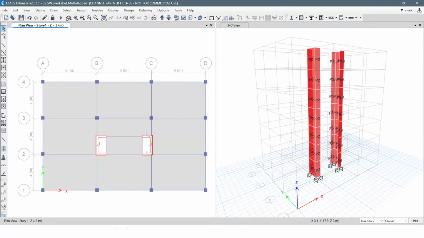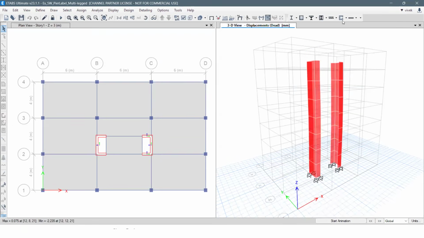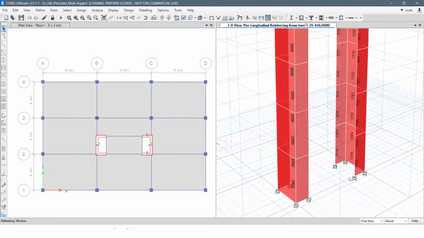And on the pier design for the single pier label and the multi-legged, you can see the design output, how it is reported. When it is single, you can see for the C section, a single output for each story, top and bottom. When you right click,